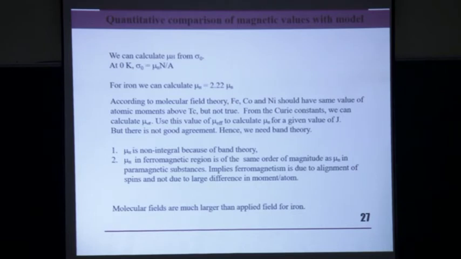And the other point I've told many times is that the mu H in ferromagnets is almost similar to that in the paramagnetic substance. See, in fact, the mu is only 2.22 Bohr magnetons, less than oxygen, correct? That means ferromagnetism is due to the alignment of spins, not because the magnetic moment of the atom itself is very big. It's a very common misconception.